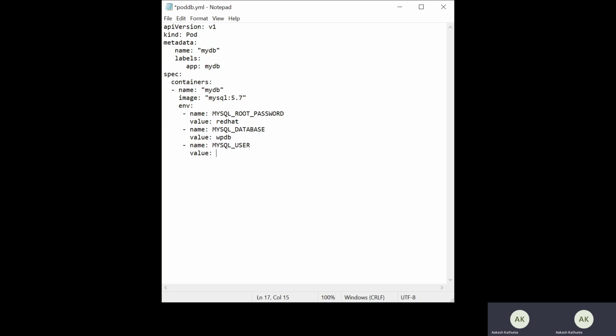Here I can take a username, any name you can take. Let me take my name, Akash. Then I can use another environment variable, the password, MYSQL_PASSWORD, and here I can use the value. Let's take the same, Akash.